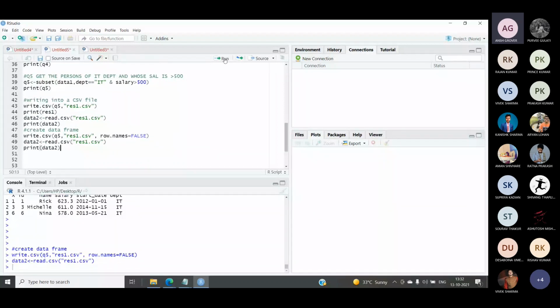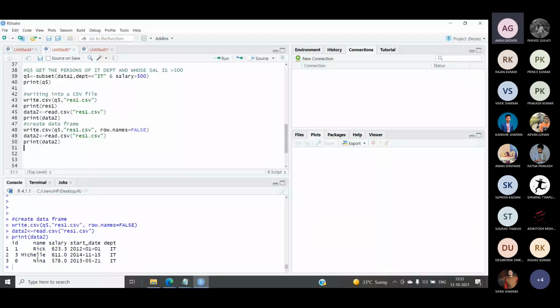So here you can see now our X column, which was earlier printed in addition, is not coming right now. The reason is that earlier the X column was coming as an additional row name column, which is not at all required in this case. So that can be eliminated by adding the additional parameter row.names equal to false.